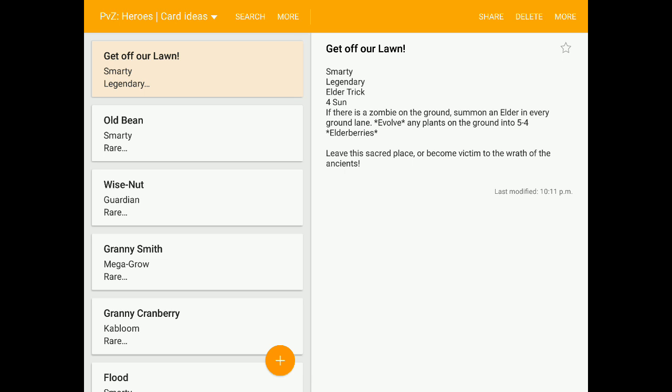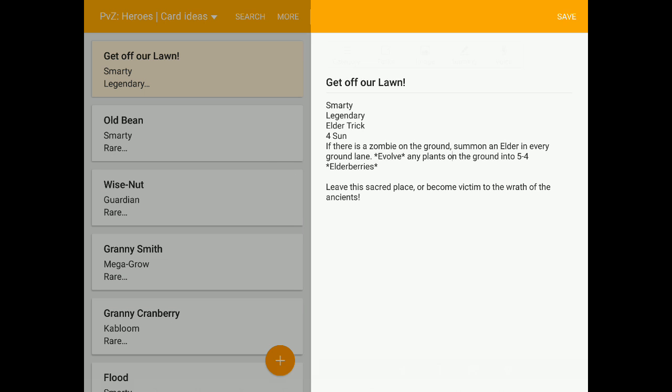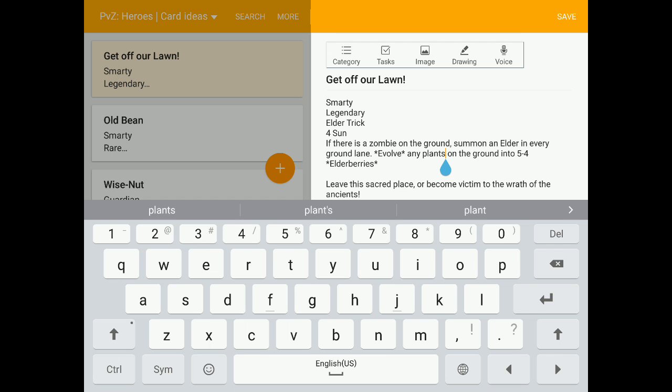Come on. Anyway, for Sun, if there is a zombie on the ground, meaning any ground lane, summon an Elder in every ground lane. Evolve any plant on the ground into 5/4 elderberries. Oh, I should probably do that the other way around. I'll put already there. Yeah. So basically, if you have a plant that is already on the ground...